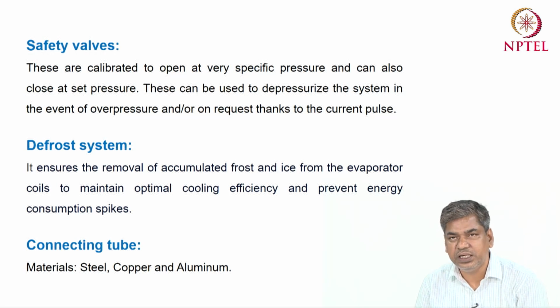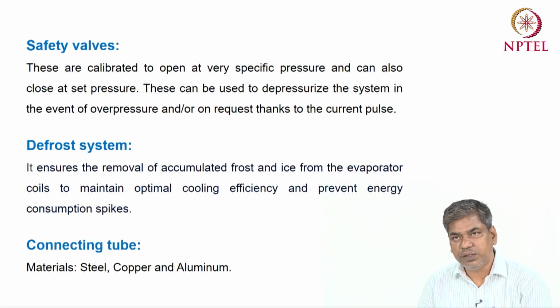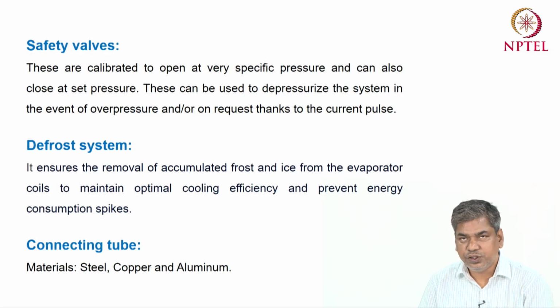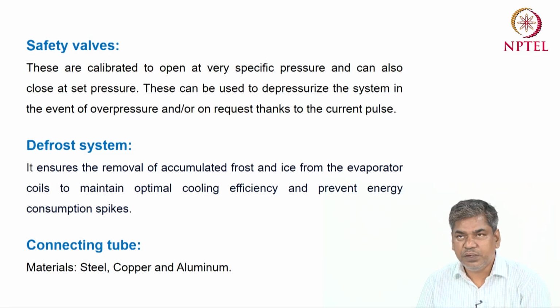So what is happening is, let's say the pressure is higher than the safe pressure, so that means the pressure will be very high. So there may be a chance of breakdown of the system or blasting of the system. That's why in this condition, this safety valve basically depressurizes the system. In some cases we can use a secondary line, so that the extra refrigerant can come out through this safety valve, and the high pressure will be lowered again.